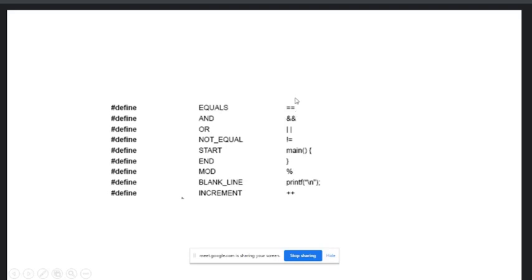Can we use the different operators? Yes, we can use different operators also, like equal to, ampersand, logical and, logical or, not equal to, exclamation mark equal to. We can write like this also. Okay, so we can store anything inside this macro.